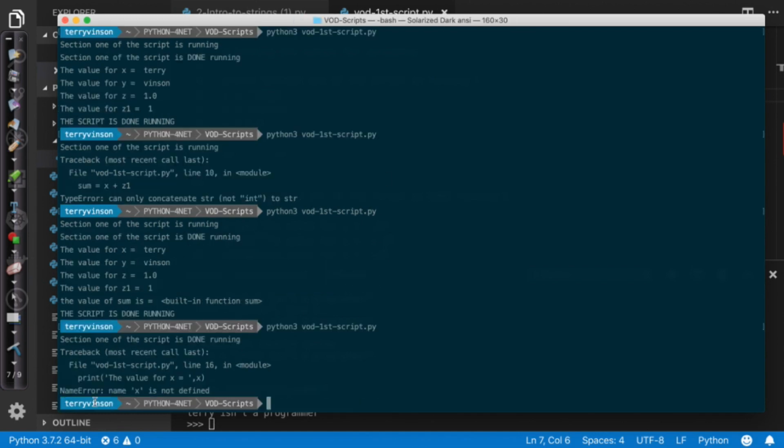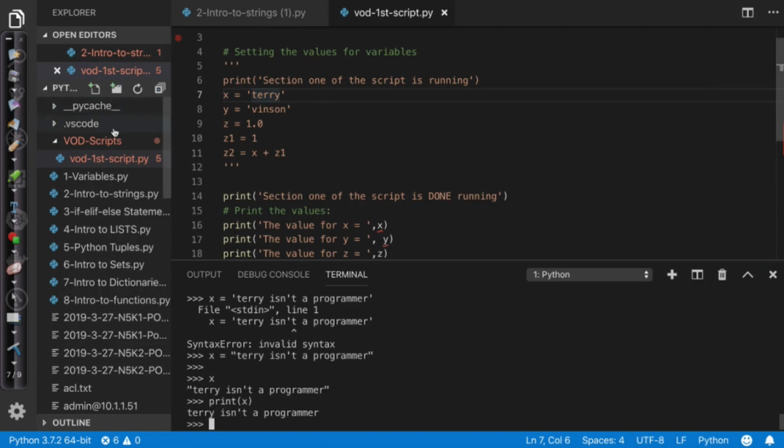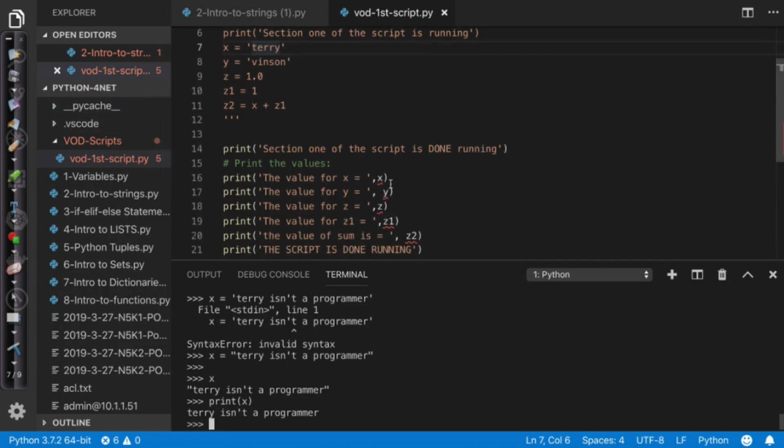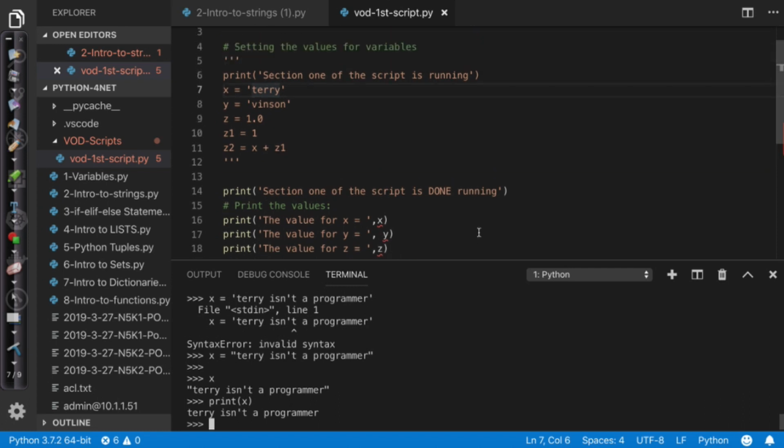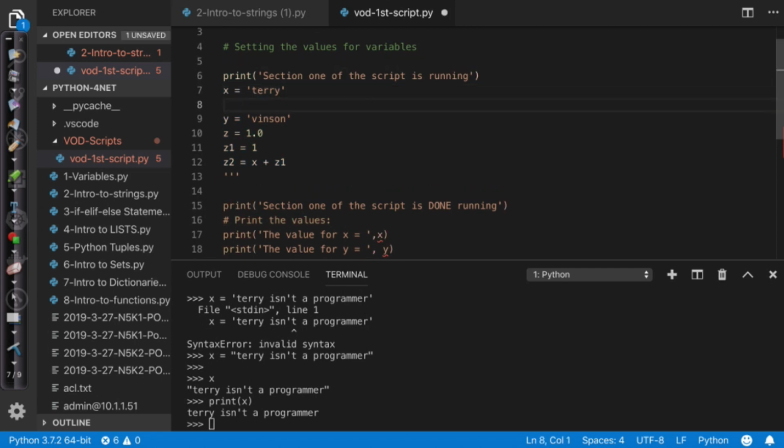I've still got the configuration here. It says it set no value for X. It tells me exactly what's wrong and tells me where to find the issue. It says line 16. So if I look in my script and I go to line 16, it says I had an error issuing here. And notice the interpreter is actually giving me these little red underscores to let me know that these values have not been defined. So if I wanted to include Terry and make it set up and wanted to verify it,